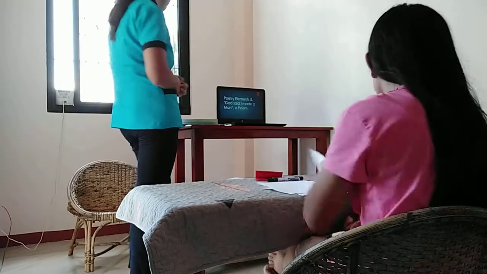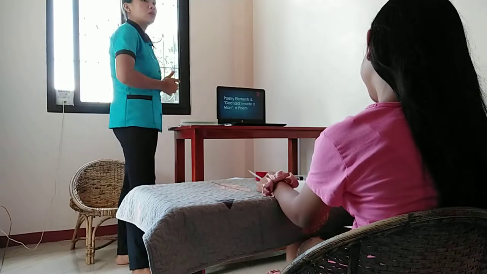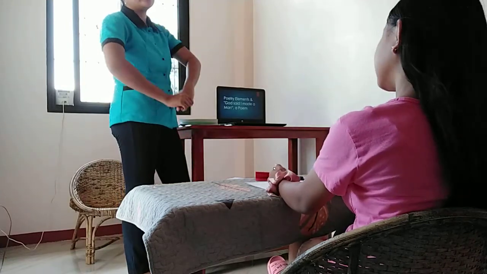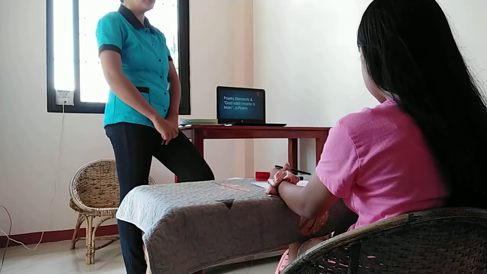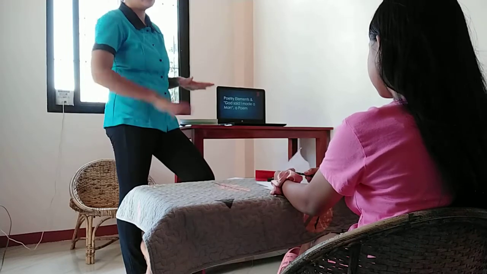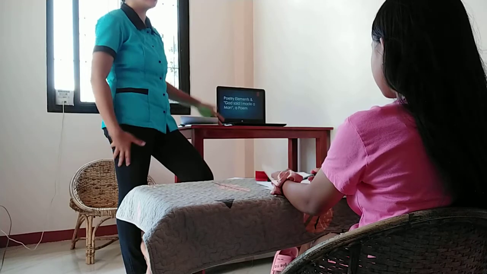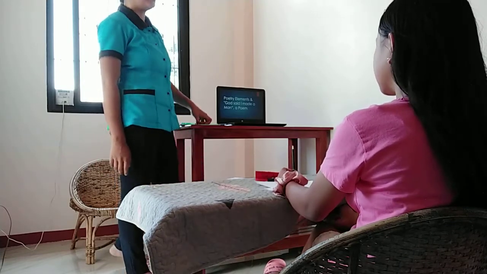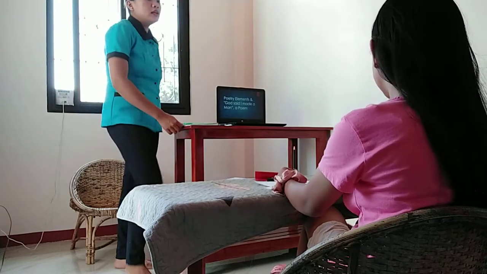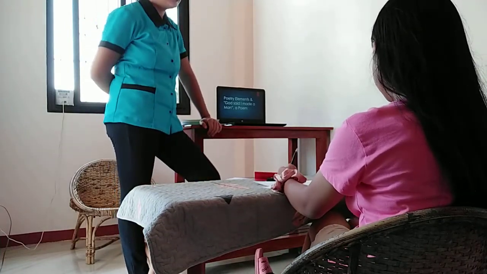In a normal poem, how many lines are there sometimes, in the poems you usually read? Two? Maybe two, four. Usually four. Right? 4 lines, and then the next stanza, 4 lines again. That is a stanza. So, a stanza is a group of lines. It can be 4, 5, 6. Usually 6 or 7 for sonnets, which are the longer poems. Okay? So, what about the other element? Number 4.